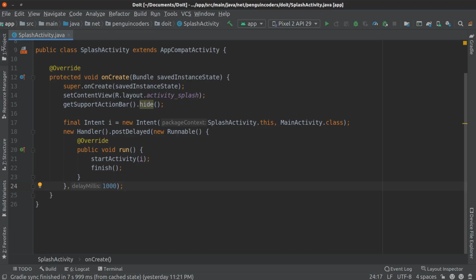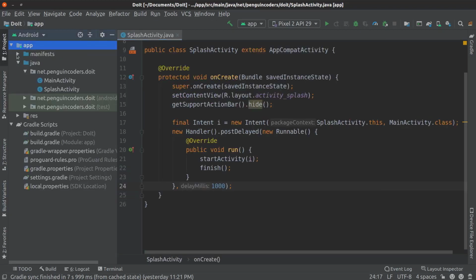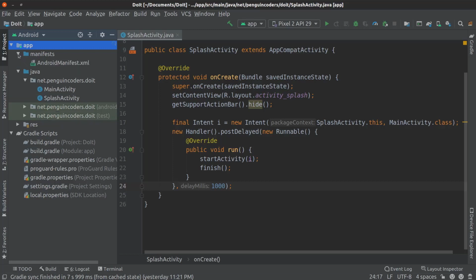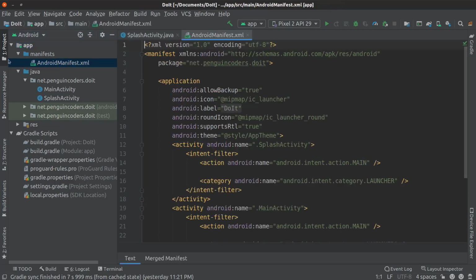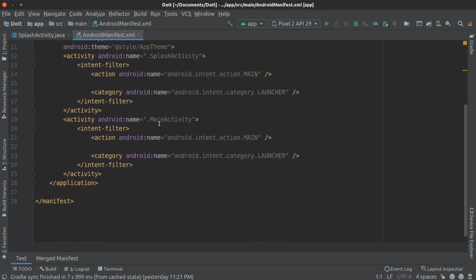Now in the previous project when we created the splash activity file, we already set it as launcher. In the manifest you can already see that my splash screen activity has been set as a launcher. If not, you can change your activity intent filter to the launcher here. It is also showing the main activity as a launcher icon, so I need to remove this intent filter.